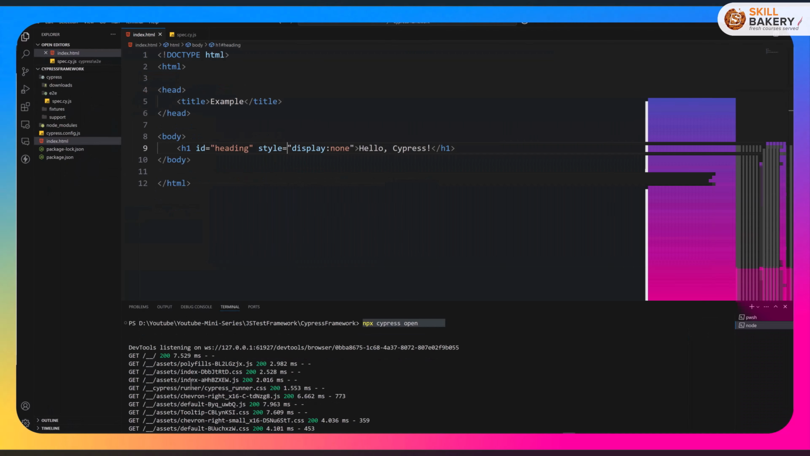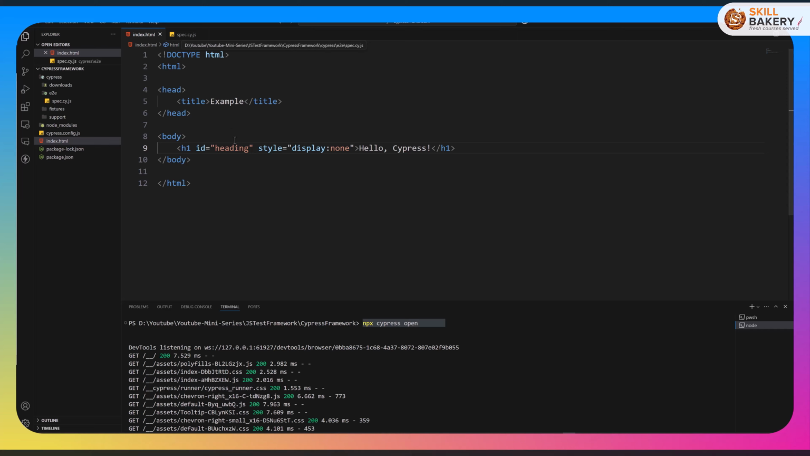So that's how you can make use of built-in assertions to test your